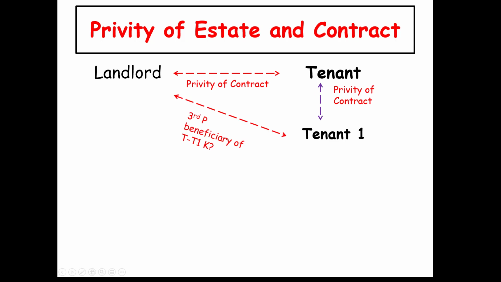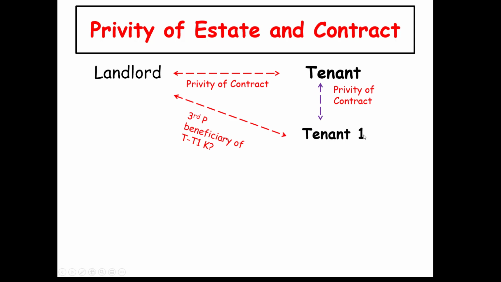The language of the contract between the original tenant and tenant one, the assumption of obligations in that contract, means that the landlord can make an argument that they can sue tenant number one directly